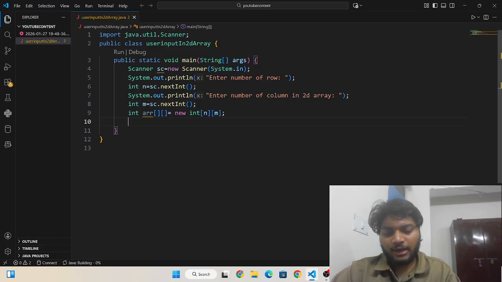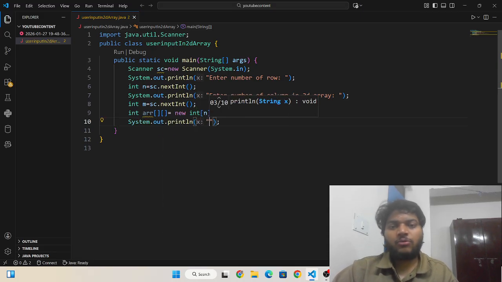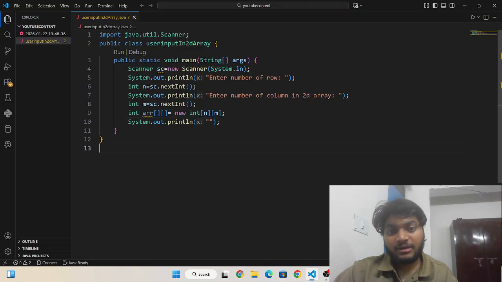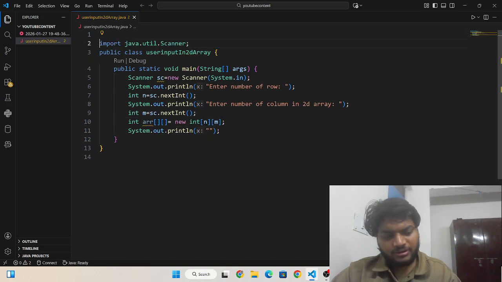Now I need to ask the user to enter the number of elements. How many elements? You have already learned about matrix. This is also known as a 2D array.